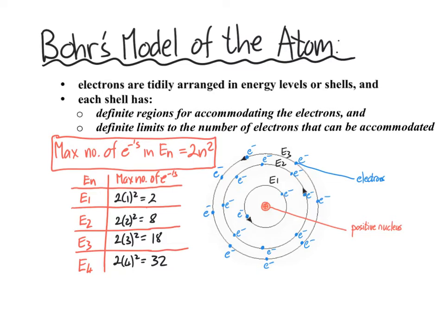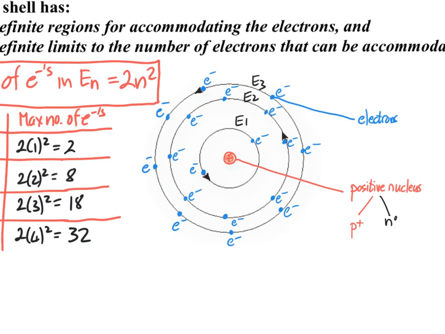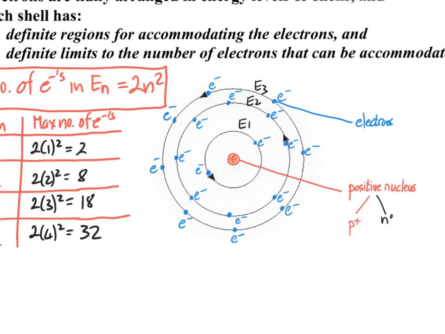In this atom, the atom is modeled according to a planetary system, much the same as our solar system, where the positive nucleus is central to the atom. And that positive nucleus is made up of protons, which are positive, and neutrons, which are neutral. And the nucleus gives most of the mass to the atom. And then around the nucleus, just much the same as in a planetary system, there are electrons that are zipping around the